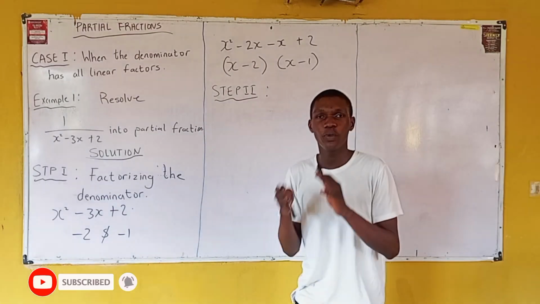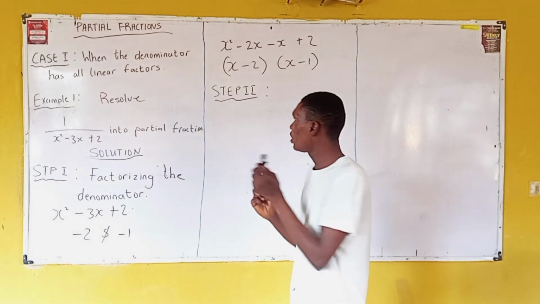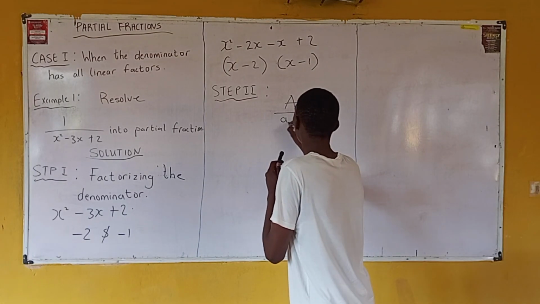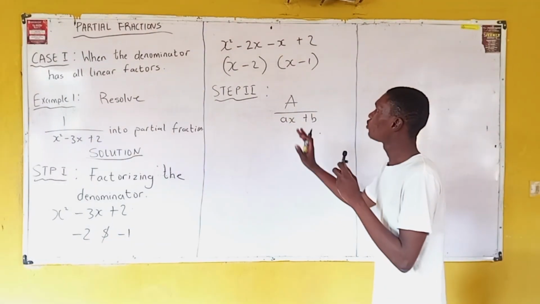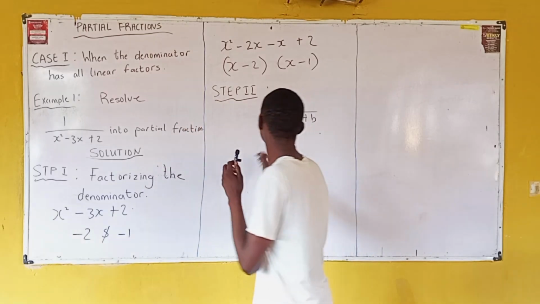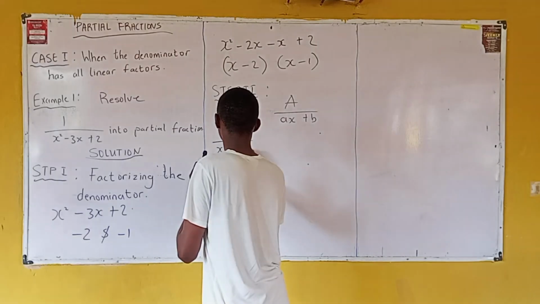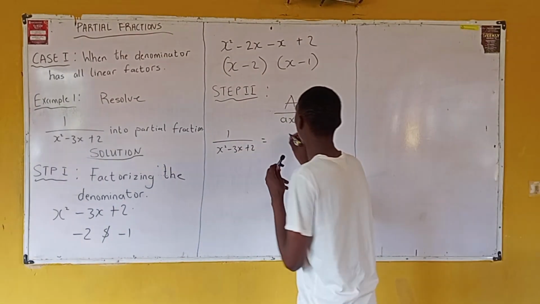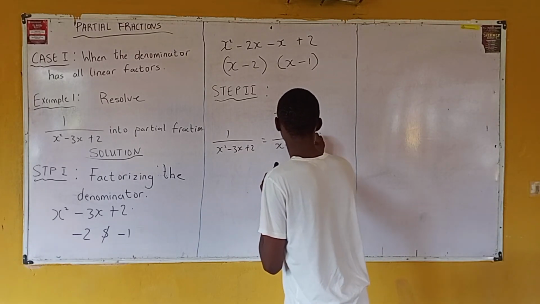For step 2, the case says when the denominator has all linear factors. So what will happen when the denominator has linear factors? We are going to express it in the form A over ax plus b. So now we can bring the question out and say 1 over x squared minus 3x plus 2 is equal to A over x minus 2, then plus